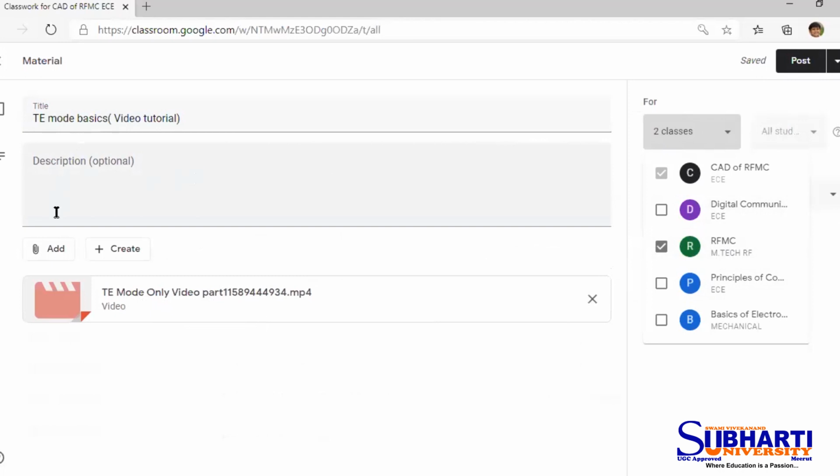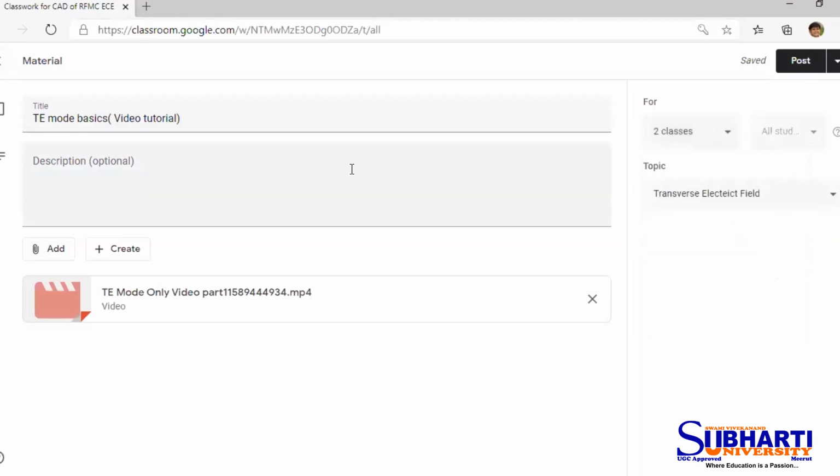That means I can actually add some description, I can maybe modify the heading, and then I can post or I can schedule it. So this reuse post is very useful for subjects that are associated with basic subjects preceding them in the earlier year or the earlier semester. Obviously, there can be other options by which we can actually utilize this reused post.